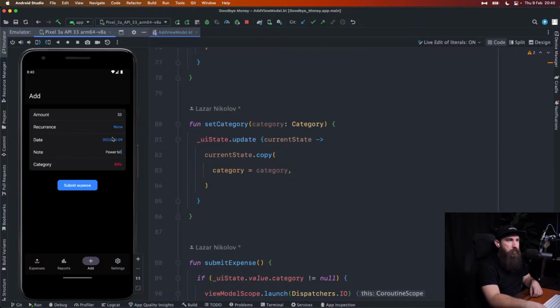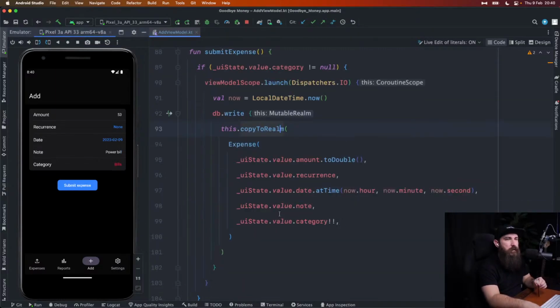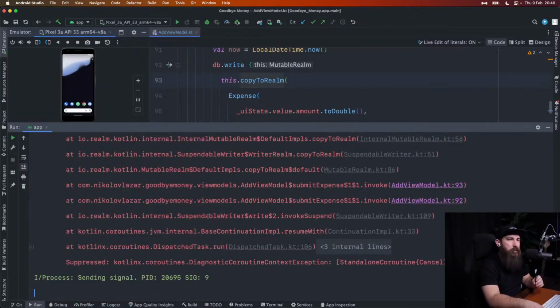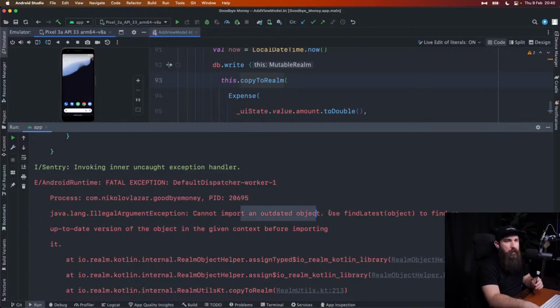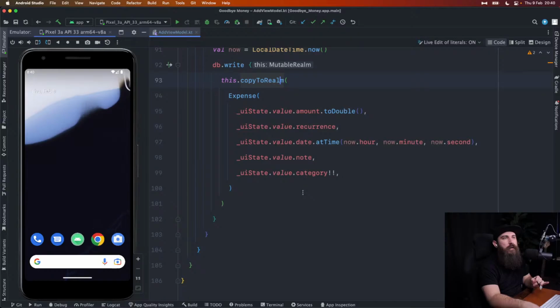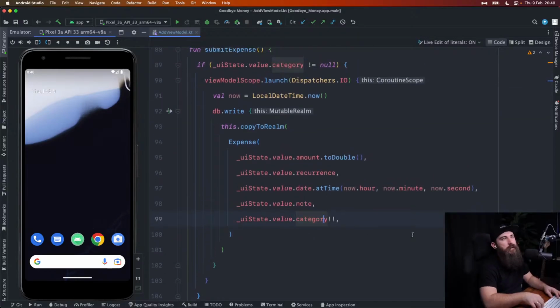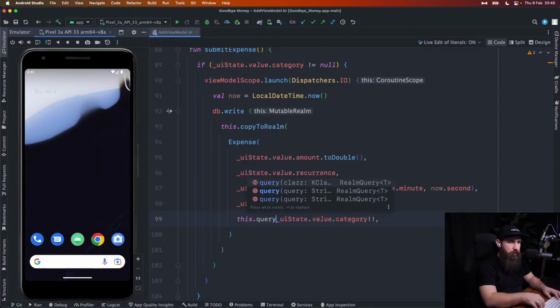I know it makes sense to make it recurring on a monthly basis, but we're just not going to do that right now. Let's try to create an expense. Crash. Probably because of the relationship. Yeah, find latest to find an up-to-date version of the object, of course. It's this thing right here. That's the actual thing. So let's do this dot query